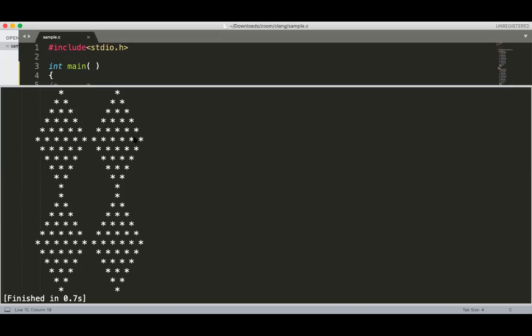One more assignment. Just note down this one again: 4 diamonds.